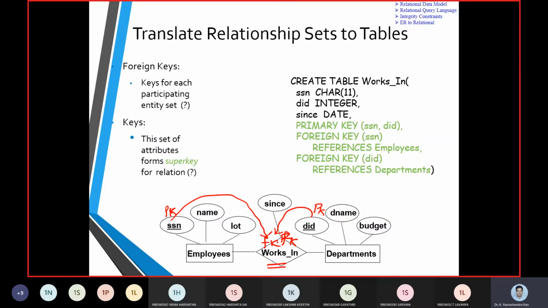A foreign key is referred to using a word called references. The works table gets SSN and DID.